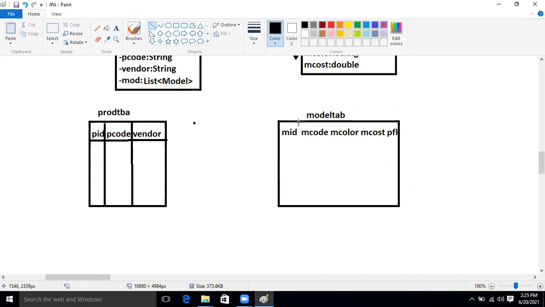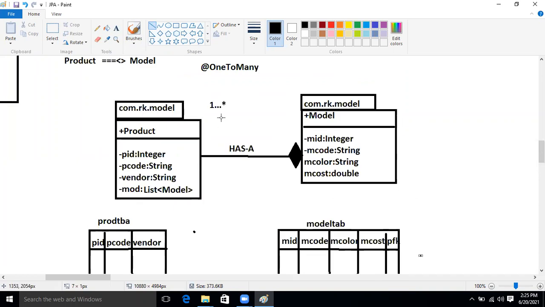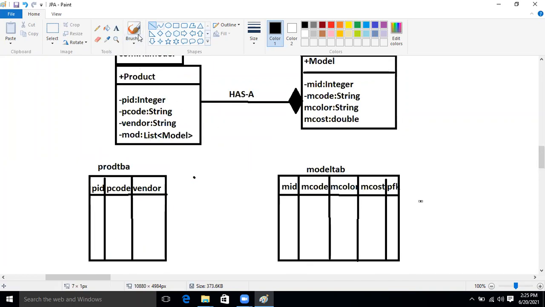Okay, here, see this. Now what will happen now? This primary key, in this case, if the relation is one to many, then what will happen?